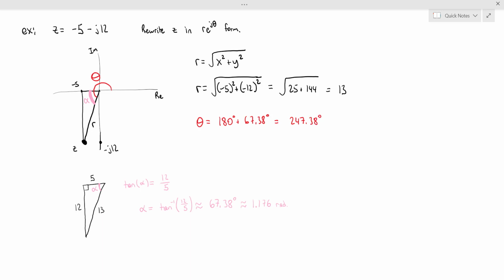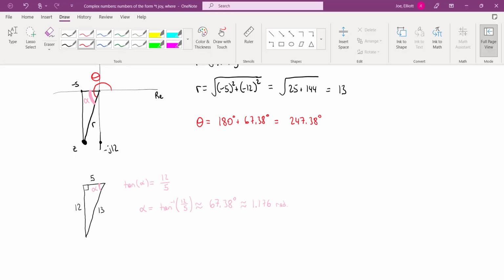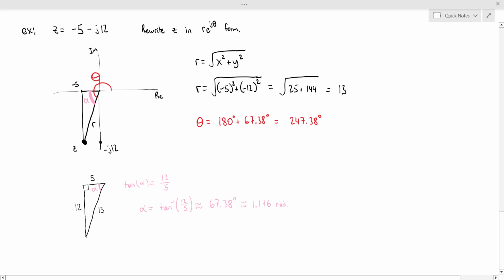which will give us a total of 247.38 degrees. So now that we've calculated r and theta, we can rewrite the number z into the complex exponential form. So we have z is r e to the j theta. We found that r is 13 and theta is